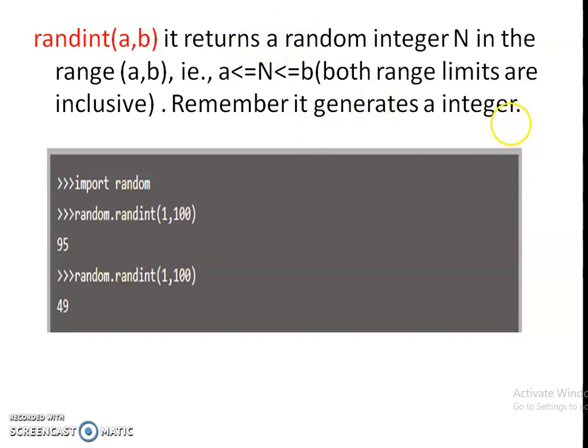Here second time when I use the same function, that is random dot randint of 1 comma 100, we will get the number 49. That's why each time it will generate different output. Okay, don't expect the same output all times, because it is a random function. Okay, it will generate a number randomly.